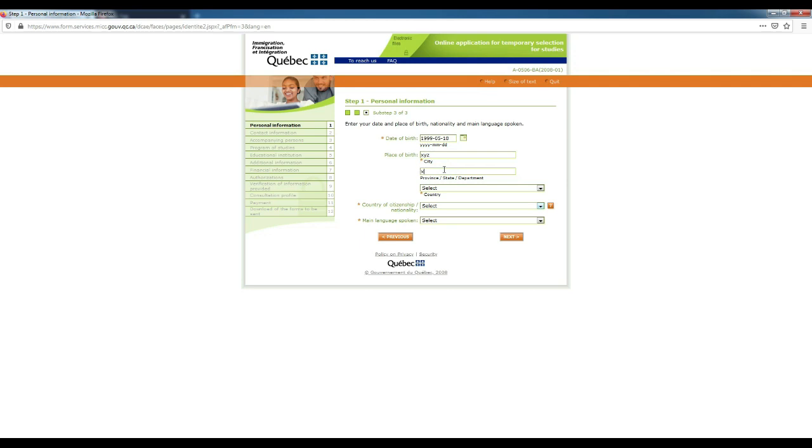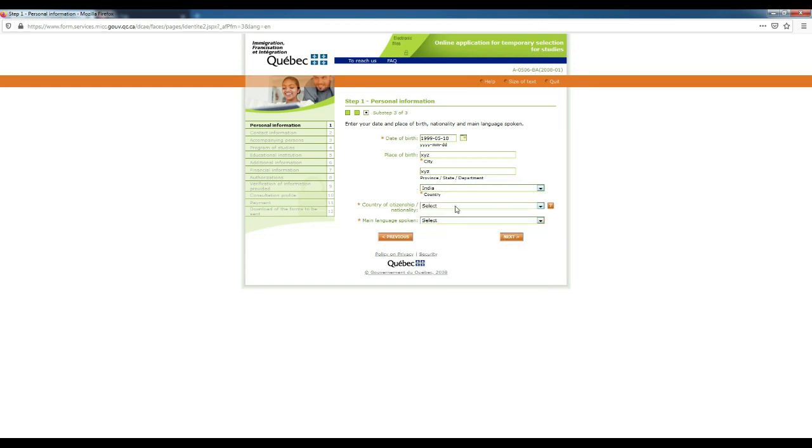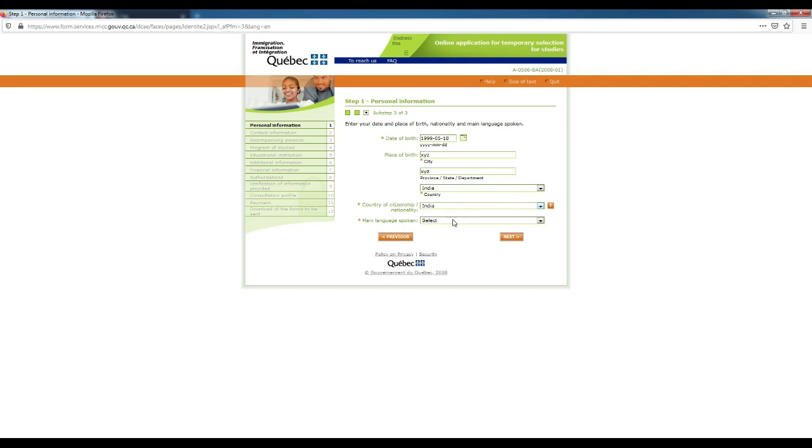All those are mandatory details which you have to mention as asked. After filling the information, you have to click next.